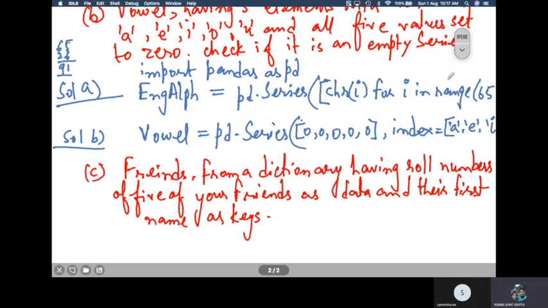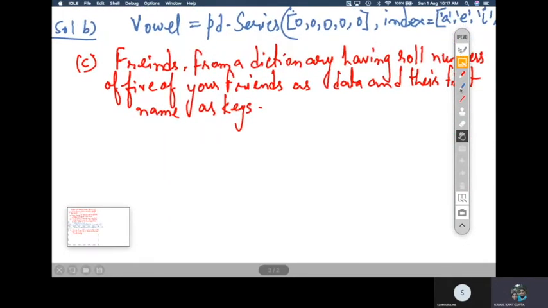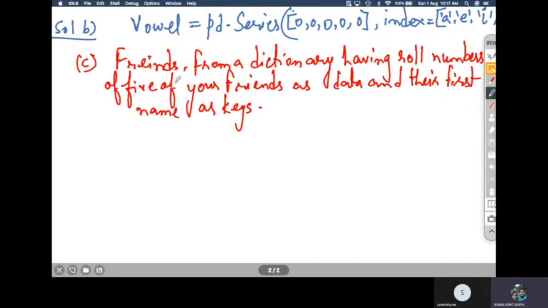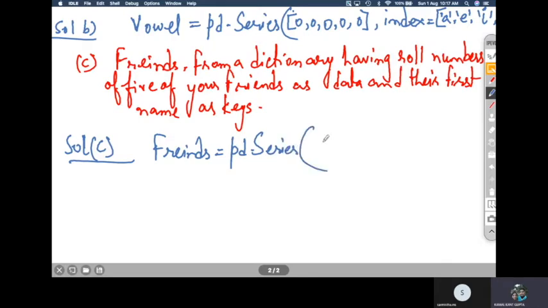What is being asked? You have to create a series called friends, where you will create that series using a dictionary. So friends is equal to pd dot Series, S should be capital, and here you have to pass the roll numbers of 5 of your friends as data. The roll numbers are treated as data and their first names are treated as keys.